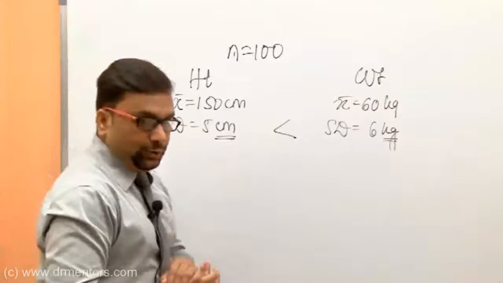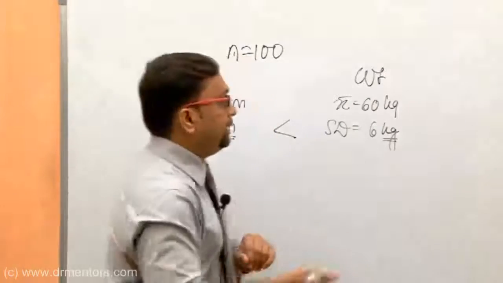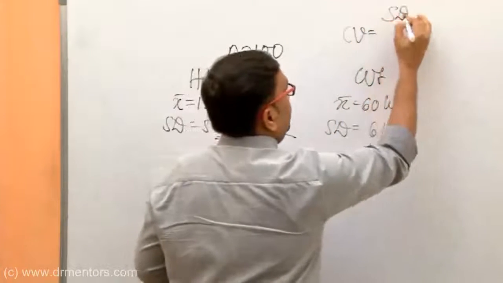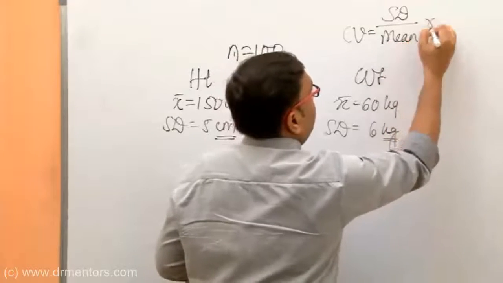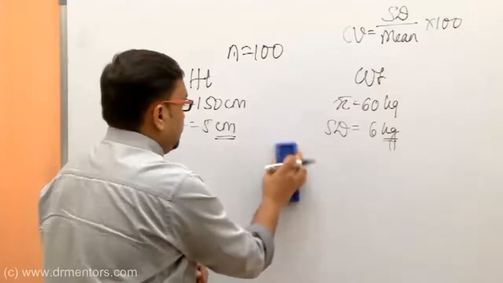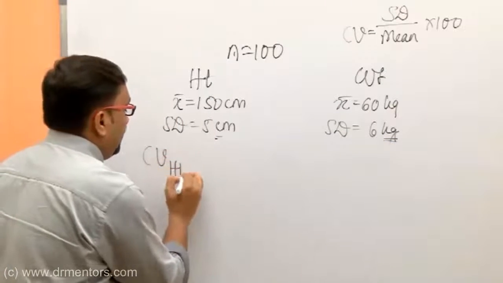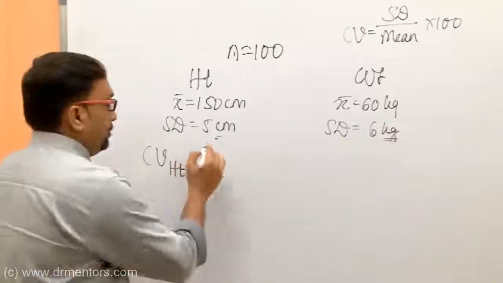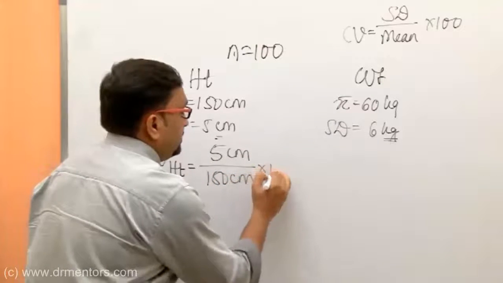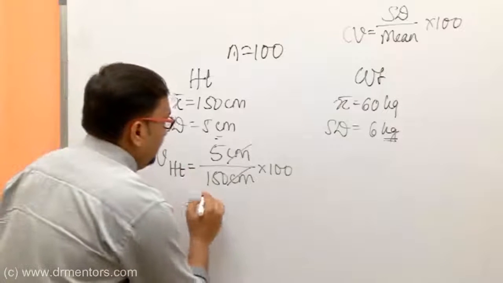So to overcome this situation, we have one more measure of dispersion which is known as coefficient of variation. For coefficient of variation, the formula is standard deviation upon mean into 100. How to use this formula in this situation? So this comparison is wrong. You cannot do it like this. So let's calculate coefficient of variation for height. Now here standard deviation of height is 5 centimeters. Mean height is 150 centimeters. See, units are getting cancelled. So what final answer you will get is